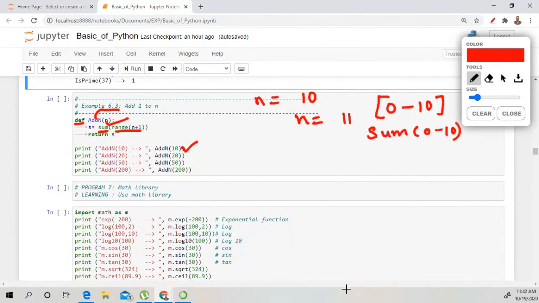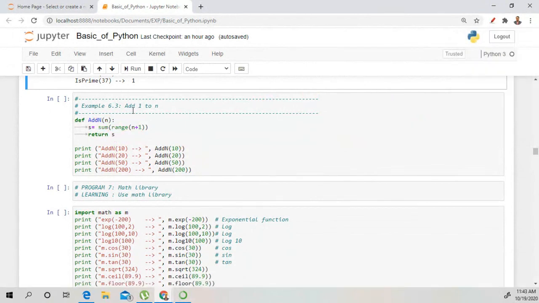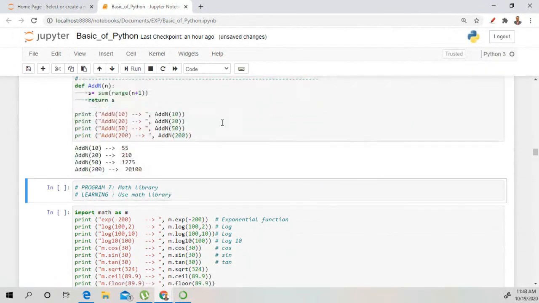It will return a variable s. So what is the variable s? The addition of all these numbers. Let's take a look at how this program will display the output. As you can see, it shows the output 55.